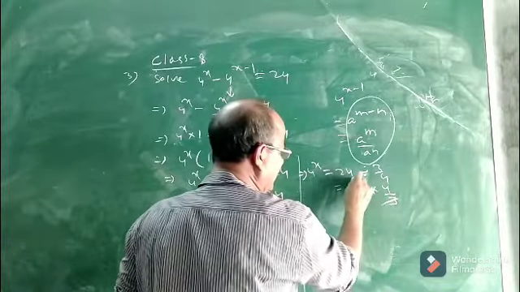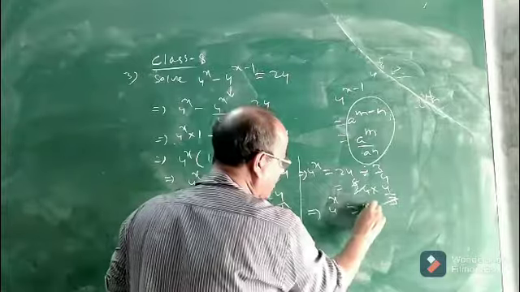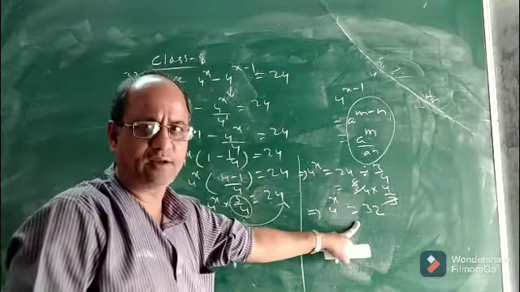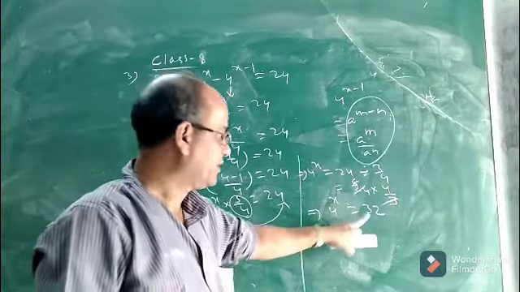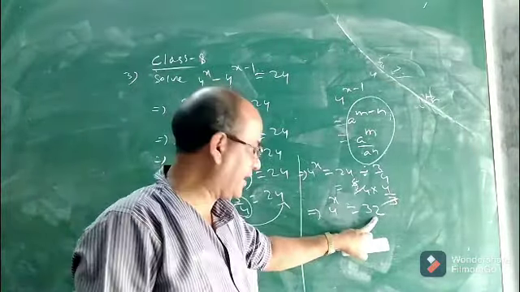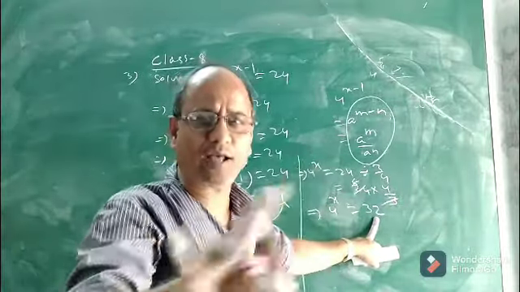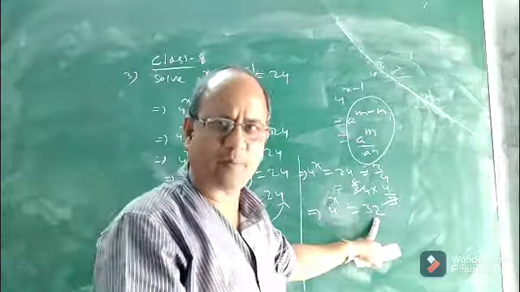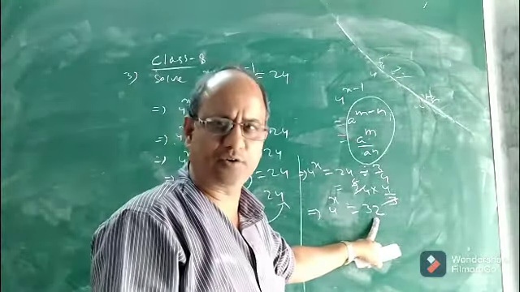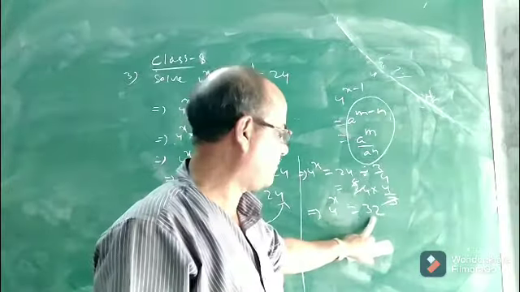Now you do the cancellation. See. 8 4s are 32. So 4 to the power x equal to 32. See children. We got the value of 4 to the power x. Here the base is 4. Here the value is 32. Can you express 32 with base 4? No, because 4 to the power no natural number or no positive integer or 0 is 32. So we cannot express 32 with base 4.